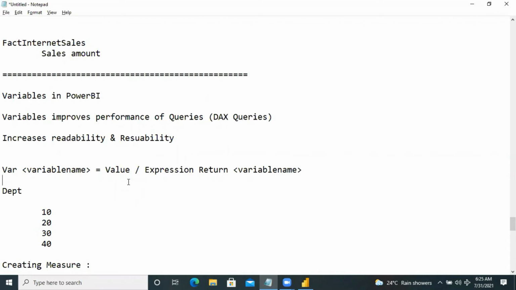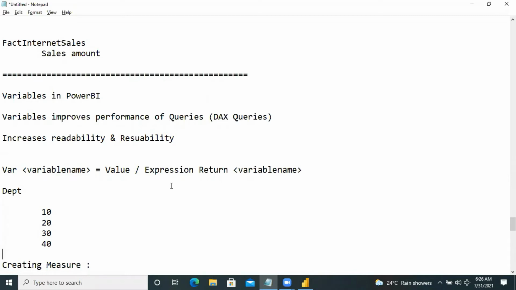So variables improve the performance of DAX queries, and increase readability and reusability. The syntax to declare variables is VAR, space, variable name equals value or expression, then RETURN the value.